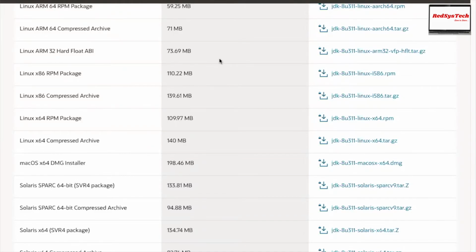There are a lot of concepts they have introduced. If you want to work with date and time in Java 6 or 7, it is always confusing. Date exists both in Java as well as in Oracle or SQL databases, so it is always confusing which date to use. But in Java 8, they have introduced LocalDate, LocalTime, and LocalDateTime. There are so many classes and packages they have introduced, which make our life beautiful when writing code in Java 8. That is the reason I'm also focusing on Java 8.